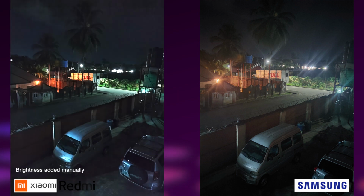The A52 image is clear and obviously looks better, but the Redmi image has its own as well. I personally feel like the Redmi image could be better if it was able to let in more light. I still think the Redmi has a potential of getting better via a software update. I love how the Redmi handles those light flares. For a fact, if you manually add brightness, it could look better or very close to the A52 image,